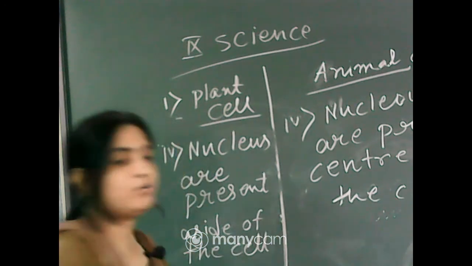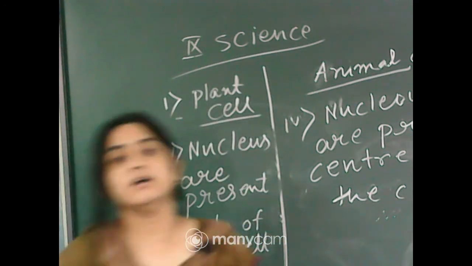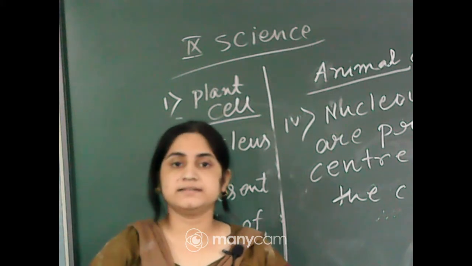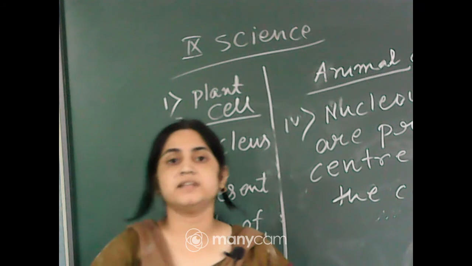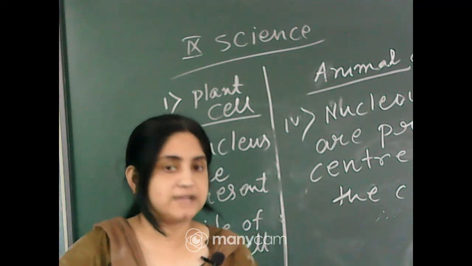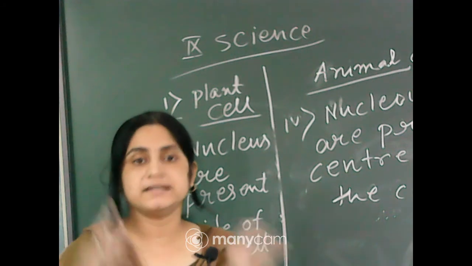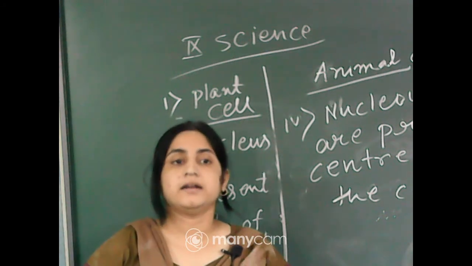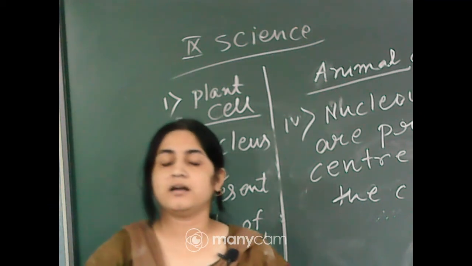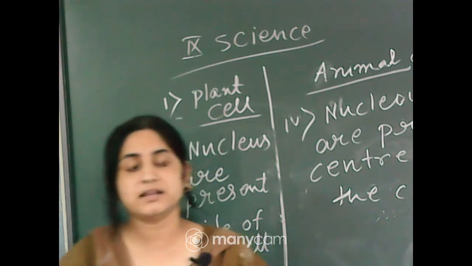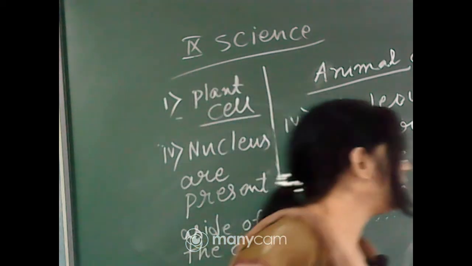So there are so many differences between the animal cell and plant cell. They are irregular in shape, they are rectangular in shape; they do not contain plastids, they contain plastids. The nucleus is at the center of the cell, the nucleus is at the side of the cell. Centrosome is present in the animal cell, and absent in the plant cell. So you can write down three or four maximum.